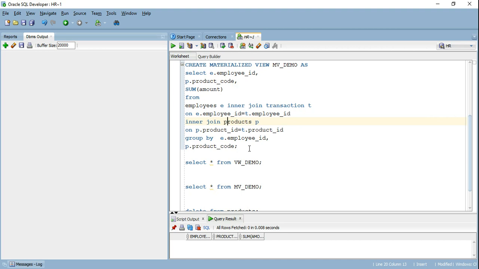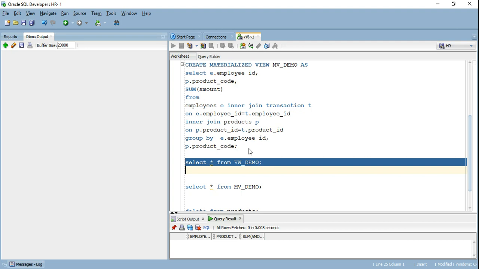So if I try to access my basic view as per my claim, it's going to rerun the query, and if that's the case, it should not return any row. Let's verify that real quick. So I ran this particular view again and it did not return even a single row.